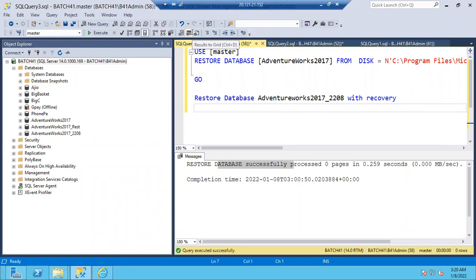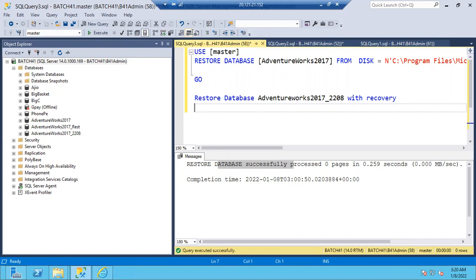Sir, I have a question. As we discussed, we can change the recovery model to with recovery. What about with recovery to with no recovery, sir? That's a good question. That's what I gave you as the assignment.